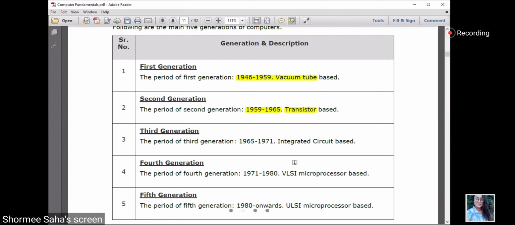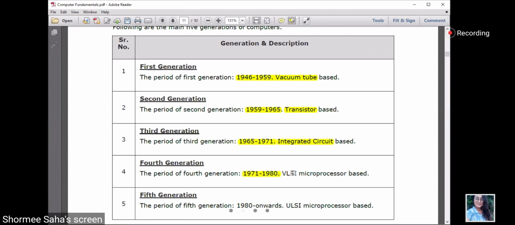Now what are the transistors? Transistors are basically made of semiconductors. So these are the small transistors. If you have studied science earlier than HSC, then you may know the transistor. Next thing is 65 to 71, we had IC based, integrated circuit. Now your mobile phones are actually IC based. Integrated circuits mean there will be small circuits and all the functionalities are semiconductors, and all the connections and wires are integrated on this small circuit.